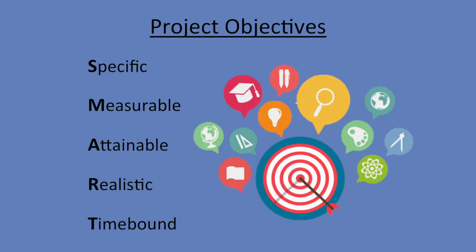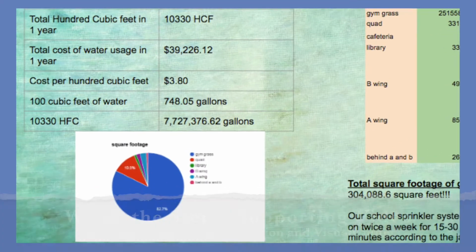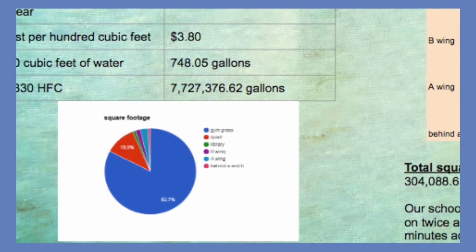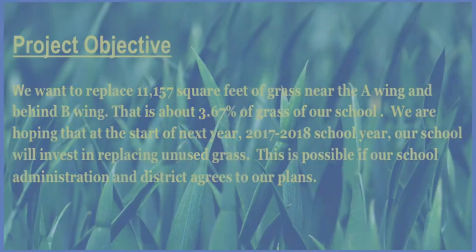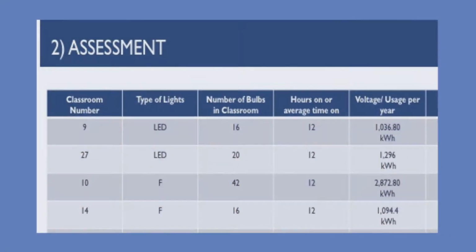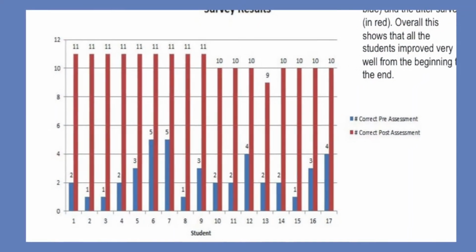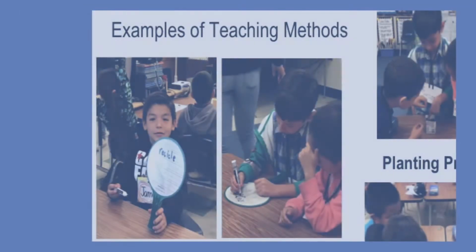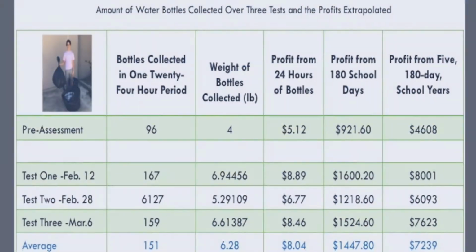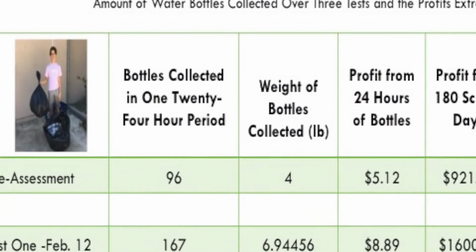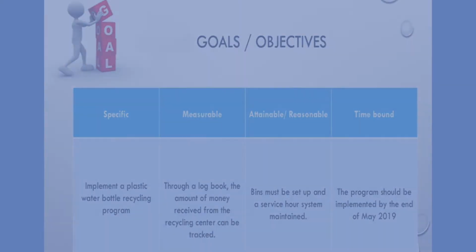You will need to have conducted your assessments on energy, water, waste, or community awareness before outlining your SMART objectives. You will need to know how much water or energy is being consumed, how much waste is being produced, or how much the community knows about ocean acidification before you propose how to modify any of these conditions. Therefore, use your school assessment or community assessment to understand the present condition and ask yourself, what do you want to modify and by how much?